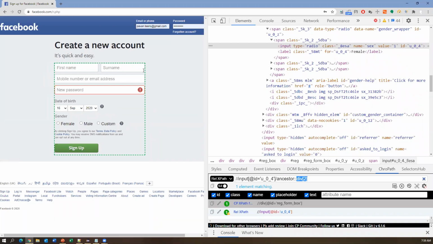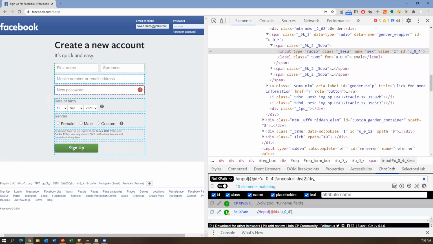Once you reach the form, we can easily find these elements by using either the child element or directly the locator. So what I can do is div 2 slash, again we use a div tag, one more div tag. Now it is finding all the elements inside the form. We enter into individual elements. And again, we have multiple div tags here.